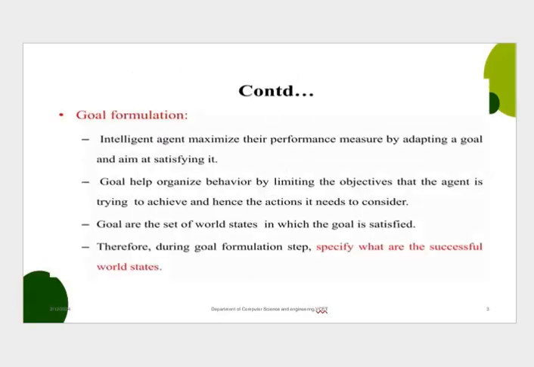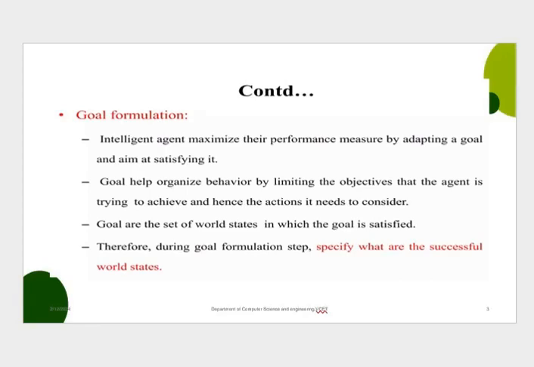The process involves goal formulation, problem formulation, search, and execution. In goal formulation, the focus is on how intelligent agents maximize their performance in achieving a specific goal. The goal serves to organize the agent's behavior by providing a clear objective to work toward, guiding its actions and decisions. By aiming to satisfy the goal, the agent effectively limits its objectives and directs its efforts towards